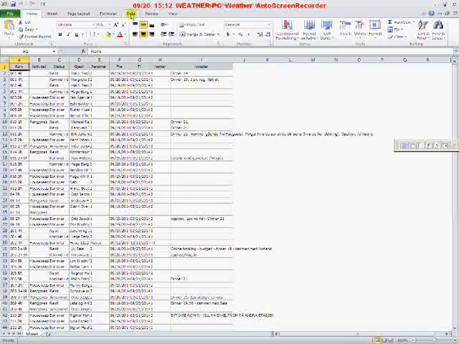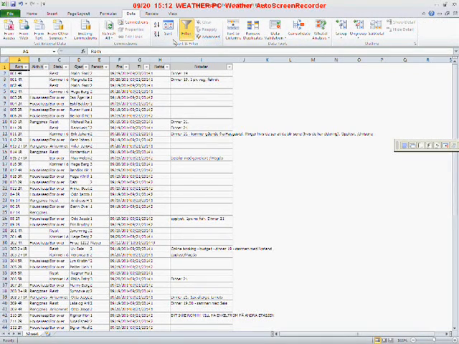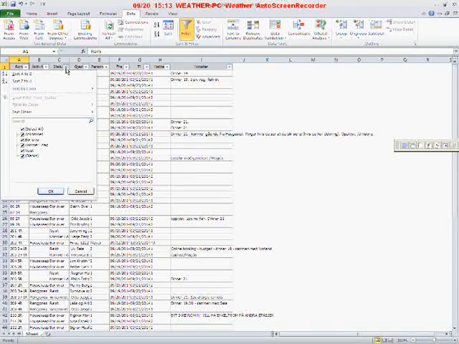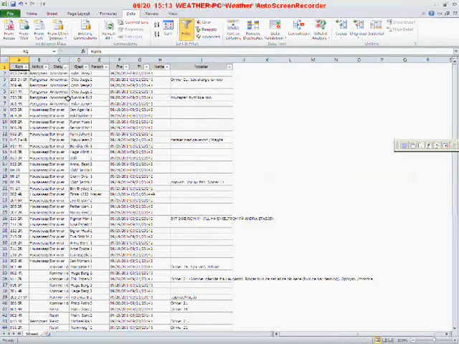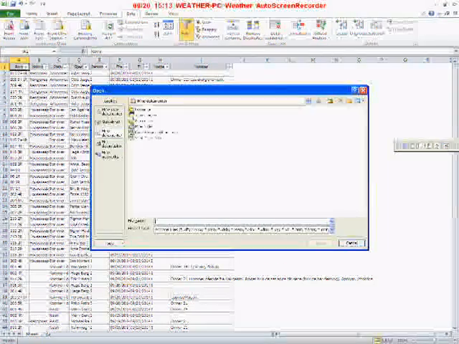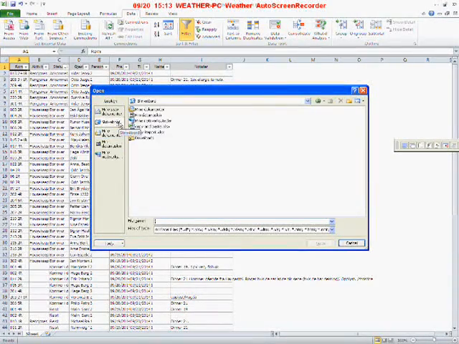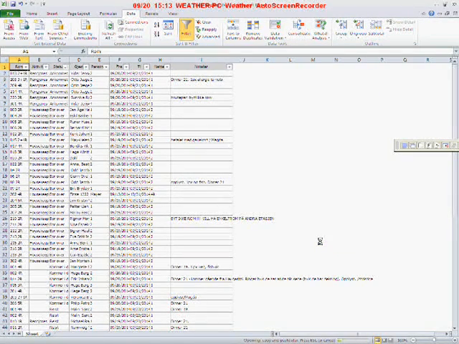Second thing to do is to go to data, filter, and we're gonna filter this list on the C column, status. We're gonna filter and sort it from A to Z. Once we have it like this, we're gonna open file, open, and we're gonna open a second file which is also on the desktop, which is called copy and paste. We open it,